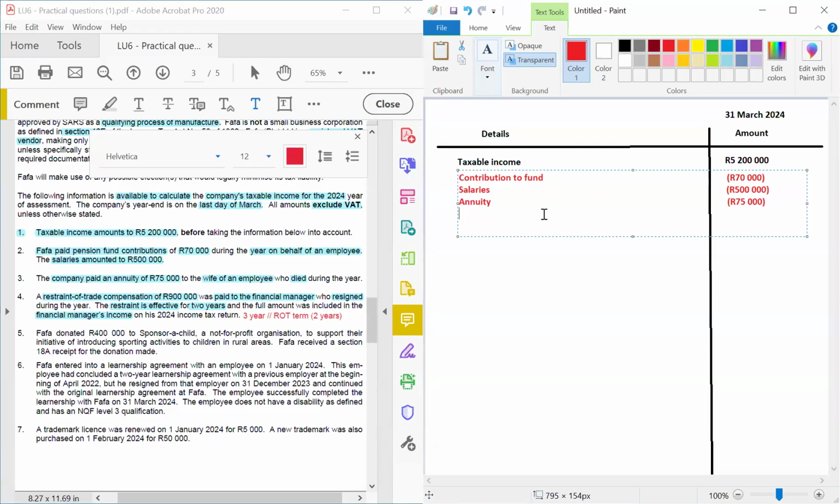So we would definitely take this restraint of trade of 900,000, and we are going to divide it by 3. And now the company will be allowed to make a deduction of 300,000, right? So now moving forth,